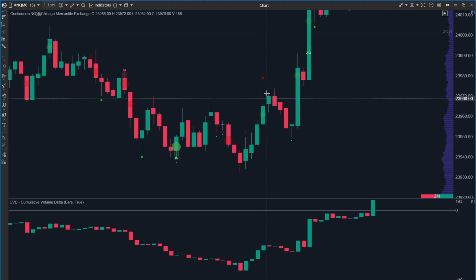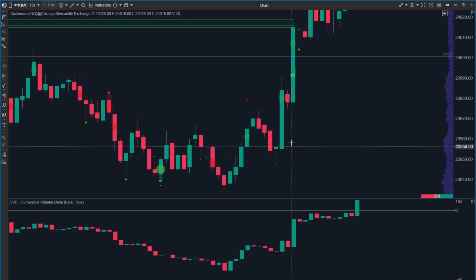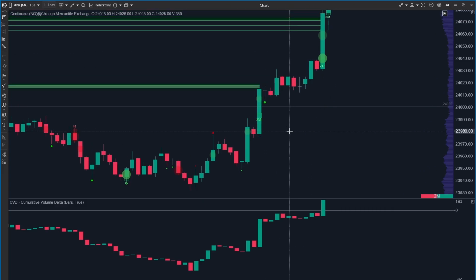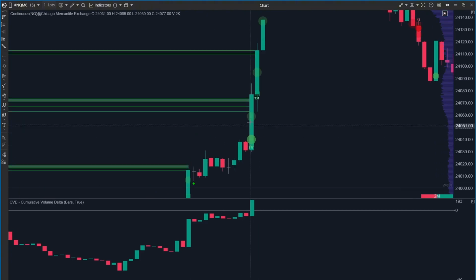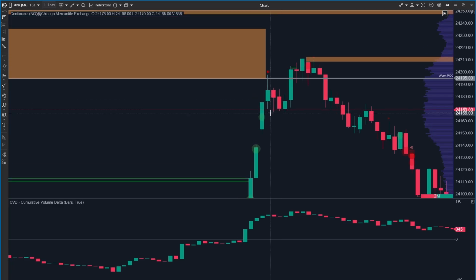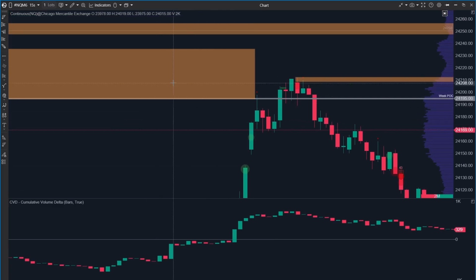We get some aggressive buying, we get absorption, it pulls back a little bit. Then we get more absorption and a really strong delta candle and aggressive buying. So the combination we're always looking for is passive buying, aggressive buying on the next candle. And as you can see, another pump. We broke this absorption line level. It just kept pumping, really strong buying here. As you can see, it just pumps all the way up to a strong resistance level from our support and